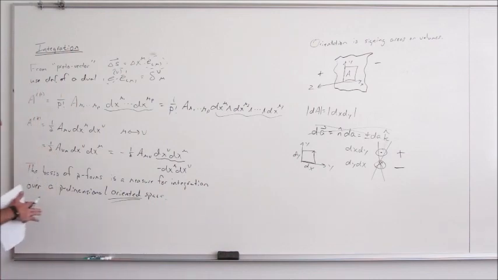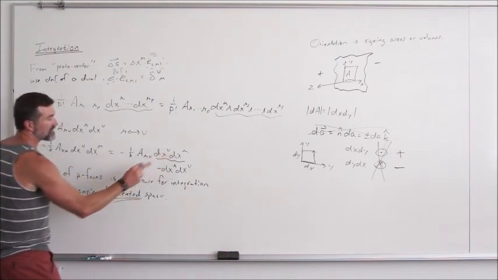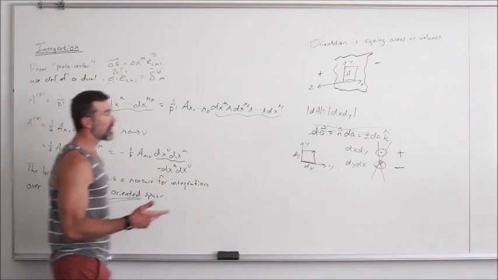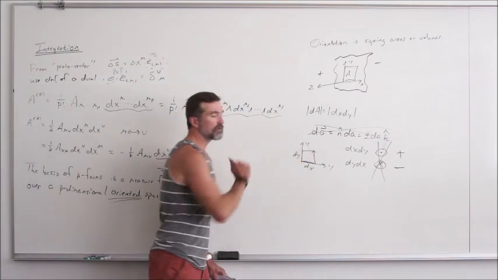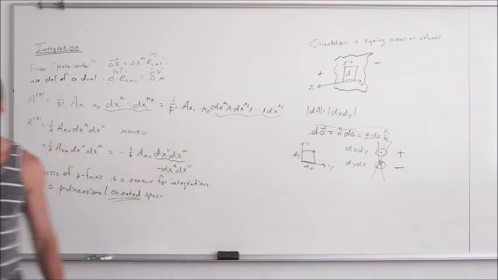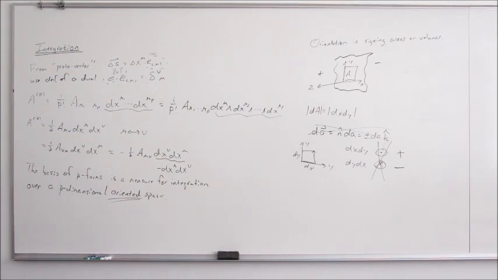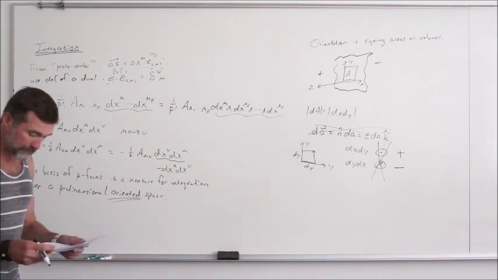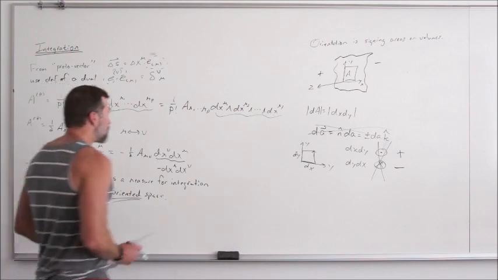So what I'm getting at is the fact that you're commuting these differentials and picking up a sign is exactly what's allowing this to encode orientation in our surfaces and volumes. So at the end of the day,